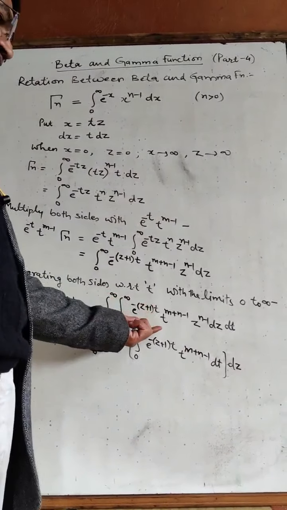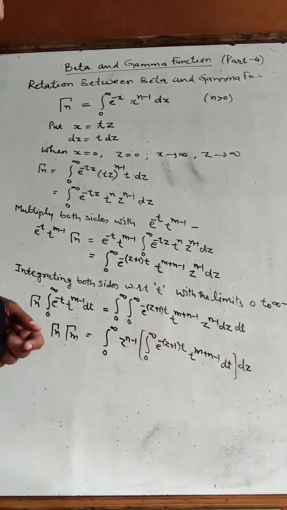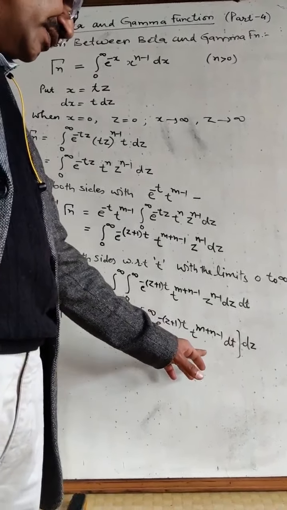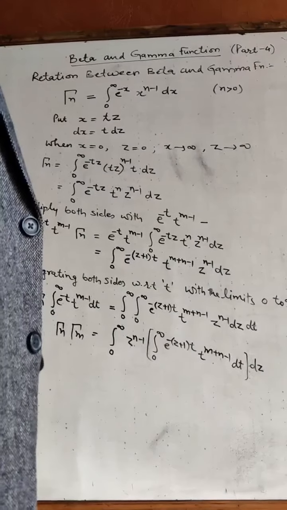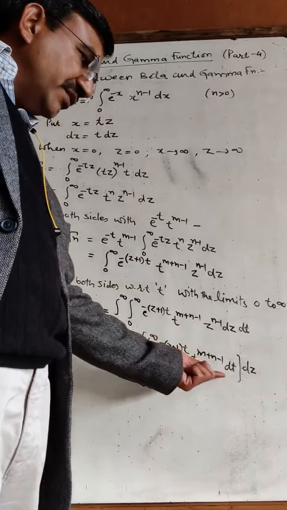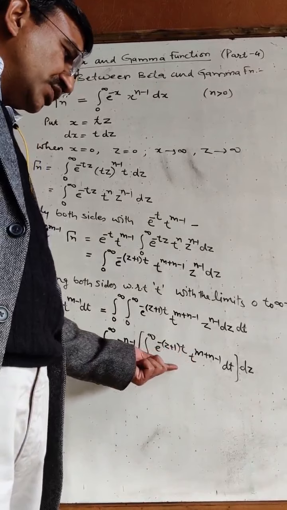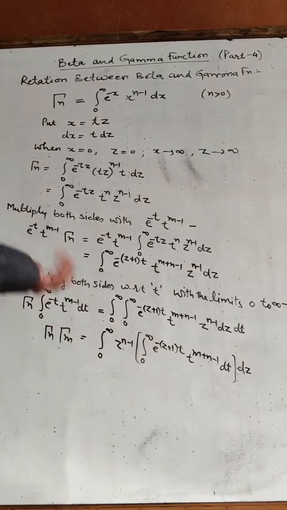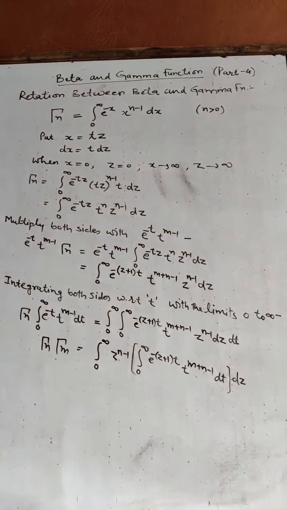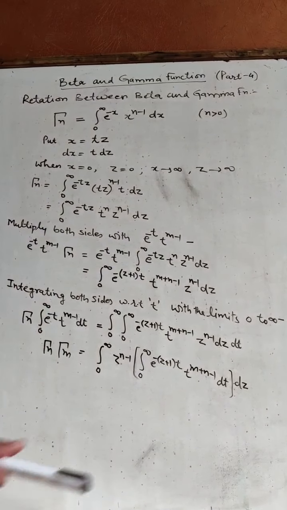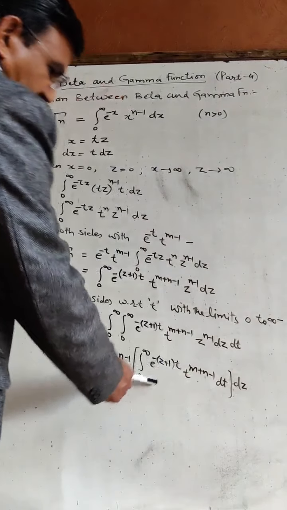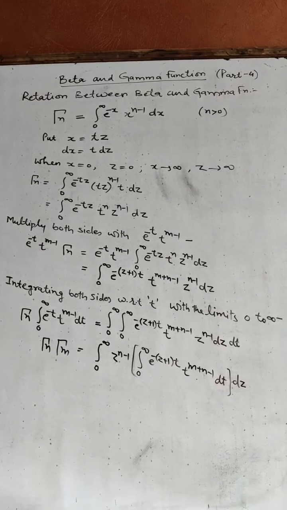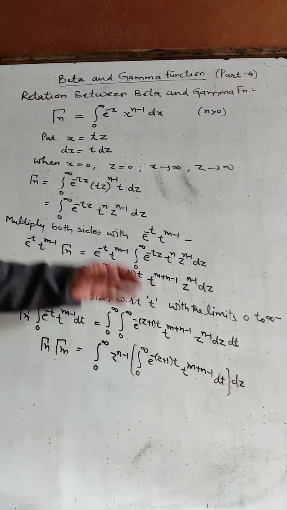We have changed the order of integration of this double integral. So we are taking integration with respect to t at first position. If we are integrating with t, then z would be constant. So the term containing z, this z raised to the power n minus 1, can be put out of the integration. So if we try to solve this integral, this can be converted into gamma